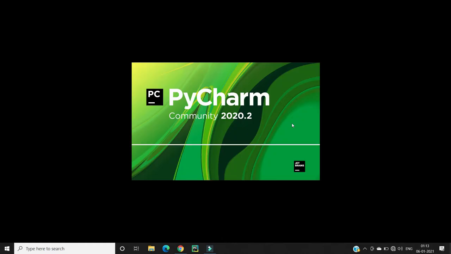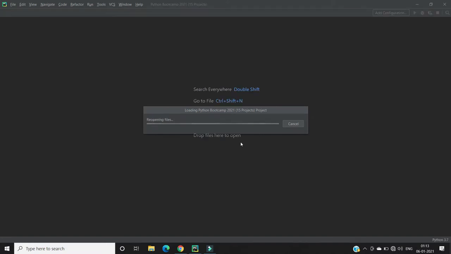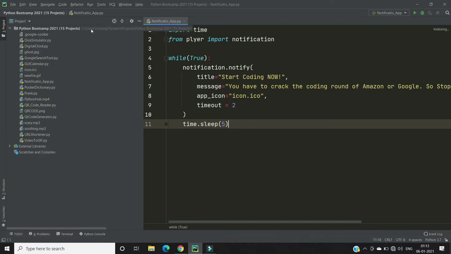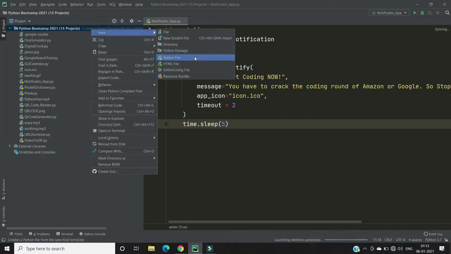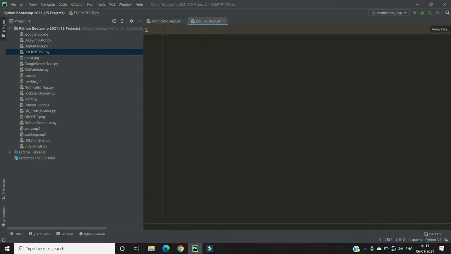Let's wait. And now let's create a new Python file. Let me save it with the name PDF encrypt PDF. And now,